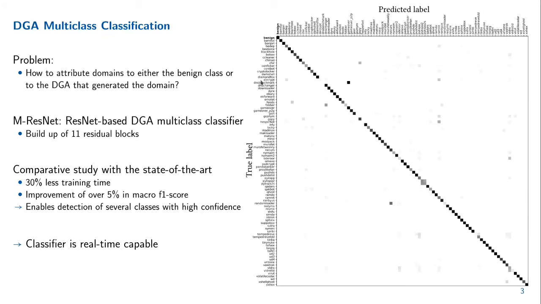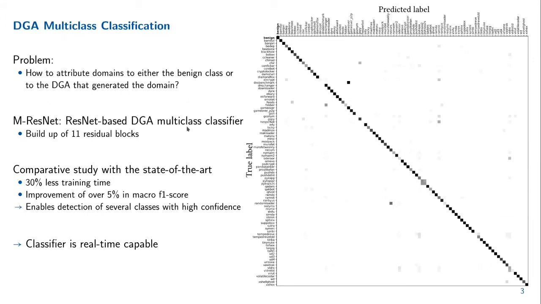You can see some outliers, for instance here the DNS benchmark, but this is caused by the low amount of training samples. We performed a 5-fold cross-validation, and we got data from DGArchive, and there it contained only 5 samples for DNS benchmark, and thus we train in every fold on 4 samples and classify a single sample. And if we classify this single sample wrong, the whole classification score degrades to 0 for that specific class.